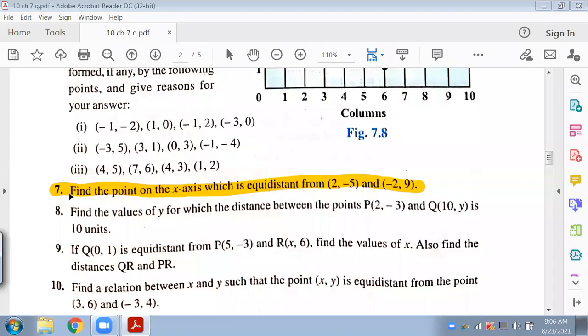Okay, question number 7. Find the point on the x-axis which is equidistant from these 2 points. So 2 points are given, and these 2 points are equidistant from a point that is on the x-axis. So what you're going to do is